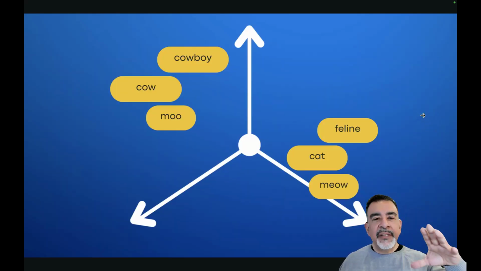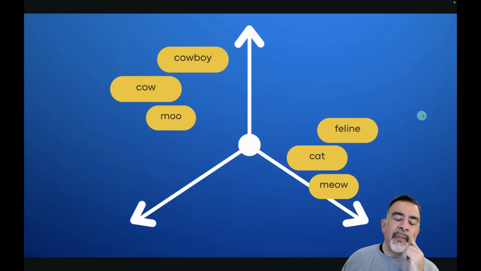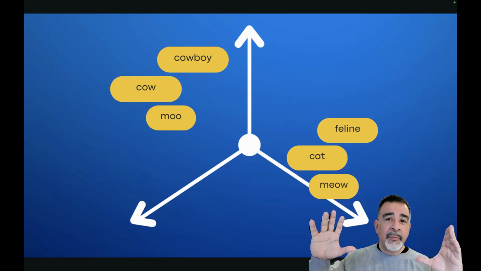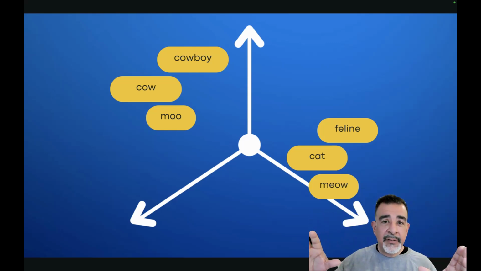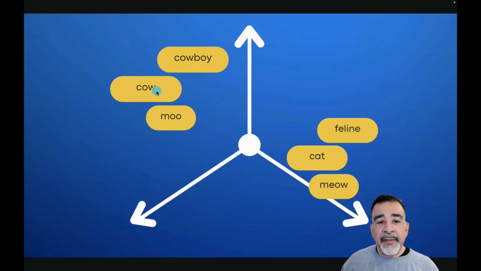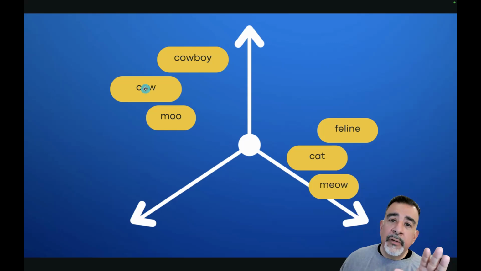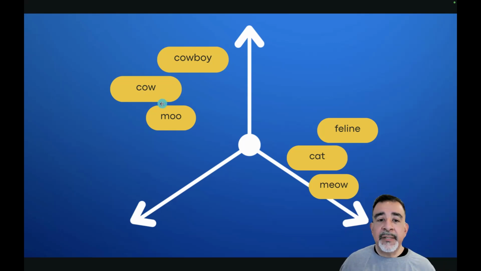So to look at this spatially, to make sense of it, these different dimensions can be plotted in some space. Let's look at it as 3 dimensions, as we're showing here. You might have cow here in the upper left-hand corner, and so naturally, when you're using numbers to plot it, there would be other words, and these other words would be in nearby spaces if they had a similar meaning. So here, cow is next to moo. It's also near cowboy. On the other hand, cat is close to feline and close to meow.